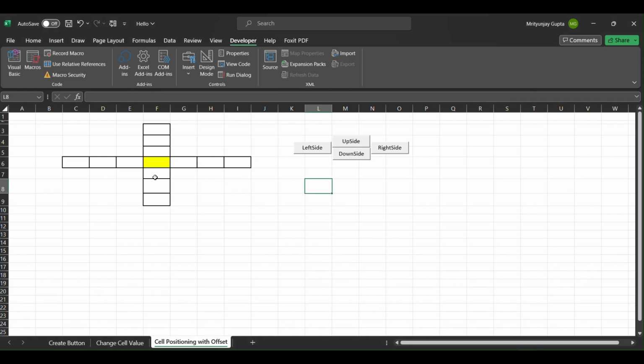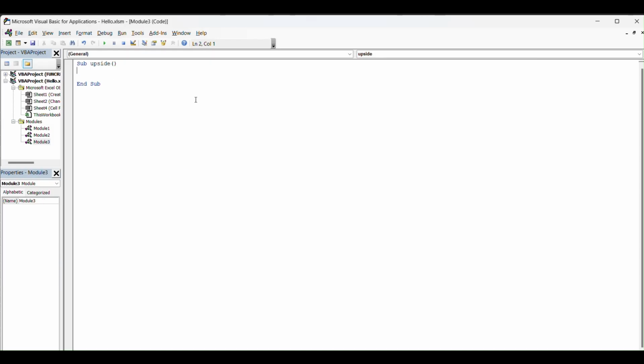This is my selection, and the selection is the middle. Now I want to make it go upside. My selection must go to the upside, and it's highlighted. So I will write Selection.Offset, bracket open. In Offset, I need two numbers. The first number relates to the number of rows to move up or down,